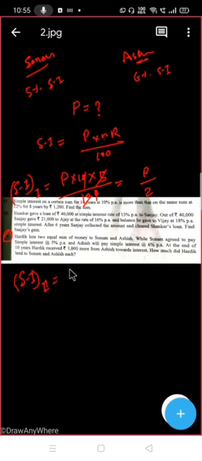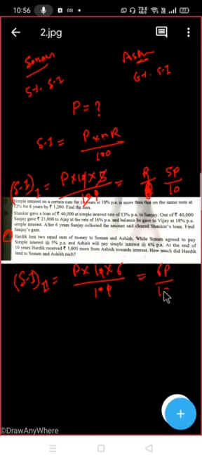you can say it will be P into N is same, and rate here it is 6% upon 100, correct? So let us not cancel, this will make our life easy. Let us keep 5 as it is. So let us put 5P upon 10 here, and here it will be 6P upon 10. Okay, so I'm able to find simple interest for the first one and second one. There is something more given. Tell me what is that?